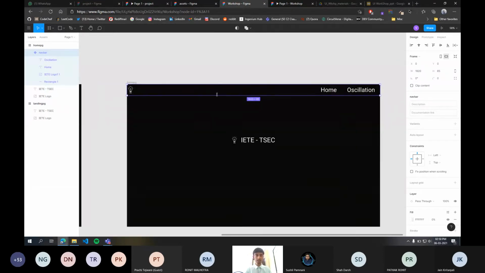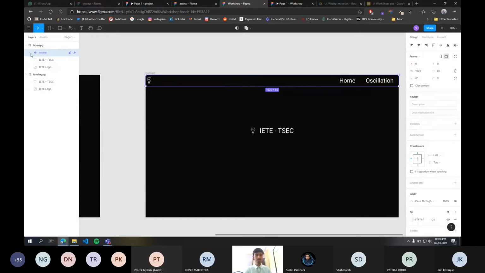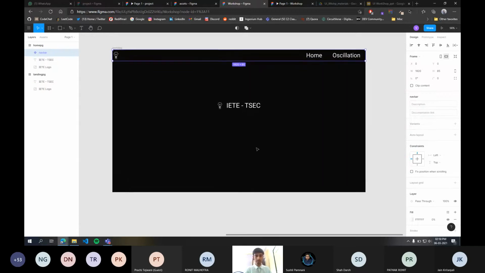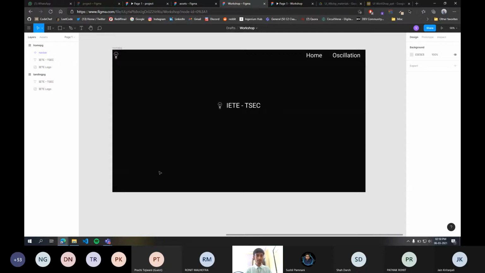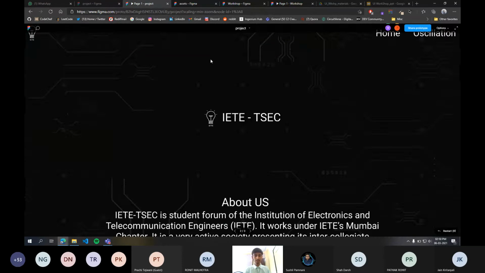Okay, so as you can see, the navigation bar has been made completely transparent. So the same we did for this rectangle. Okay, so now the entire component is transparent. So yeah, that is basically it. Now let us proceed on to adding further content.